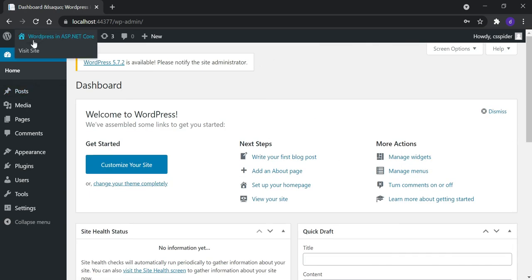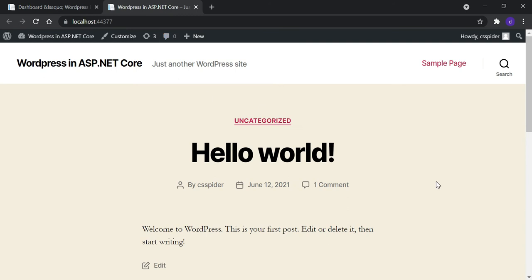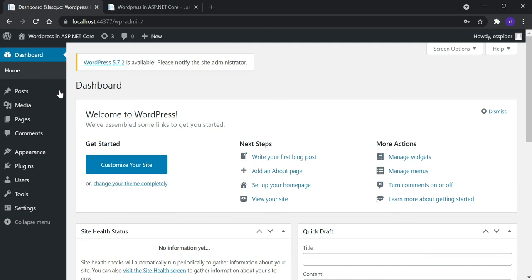And whenever I move to WordPress ASP.NET Core and visit the site, you can see that the sample WordPress application is open here. Let's create a sample post here.